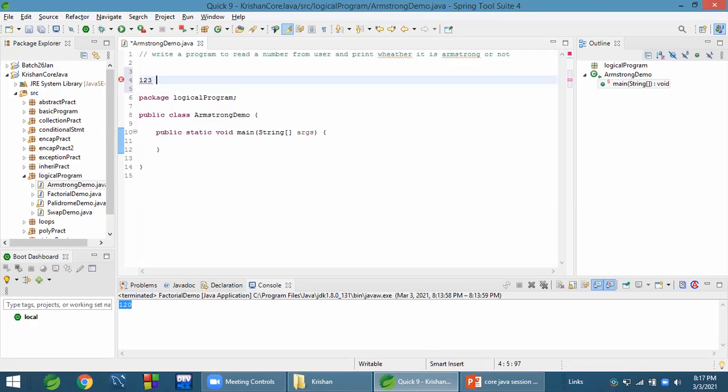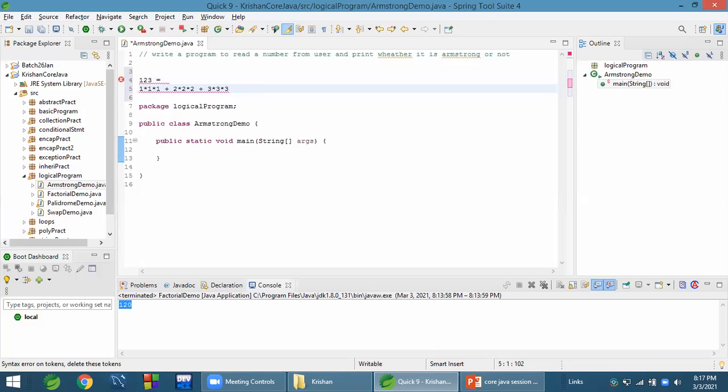If 123 is there, we'll check whether it is Armstrong or not. For that, we take the cube of each digit and sum them. First we do 1 into 1 into 1 plus 2 into 2 into 2 plus 3 into 3 into 3. Now let's check what the answer is.